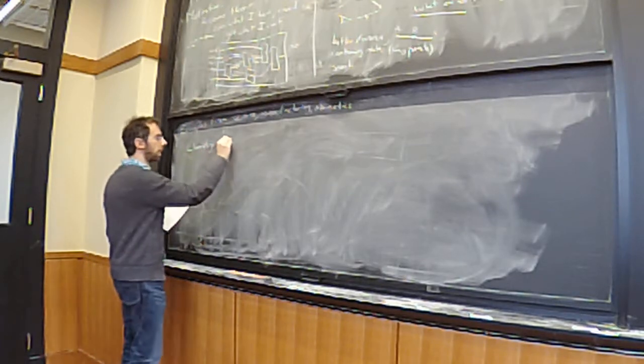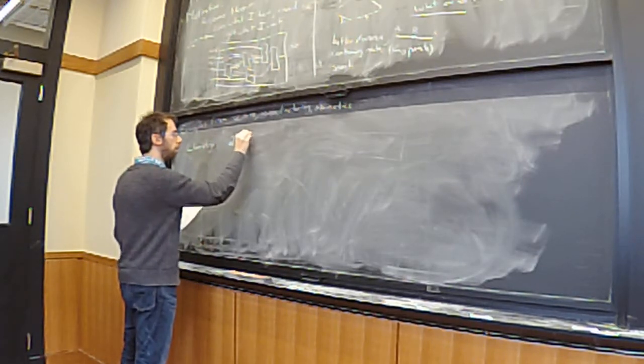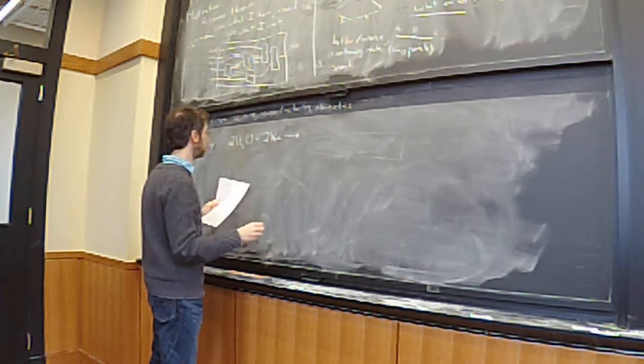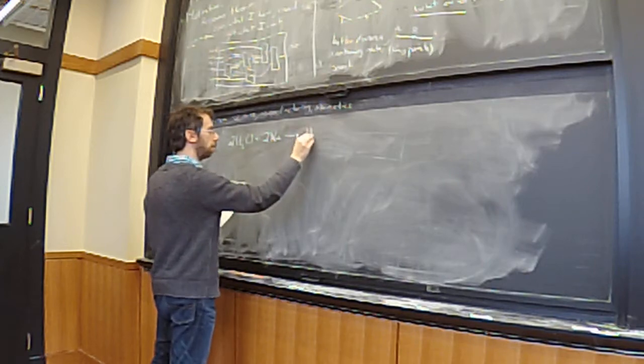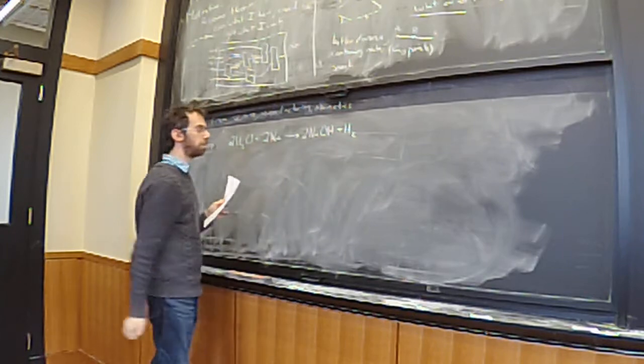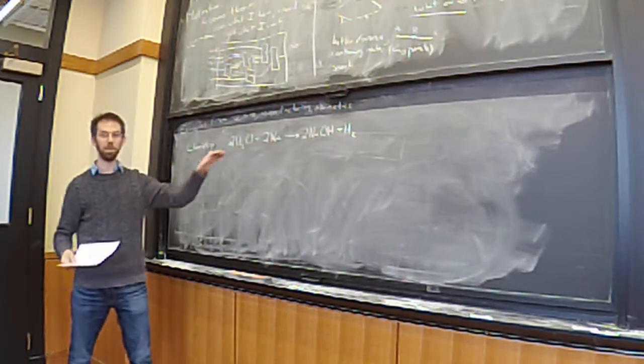We have equations like 2H2O plus 2Na yields 2NaOH plus H2. And this is actually a personal example because I once had some sodium and I threw it in